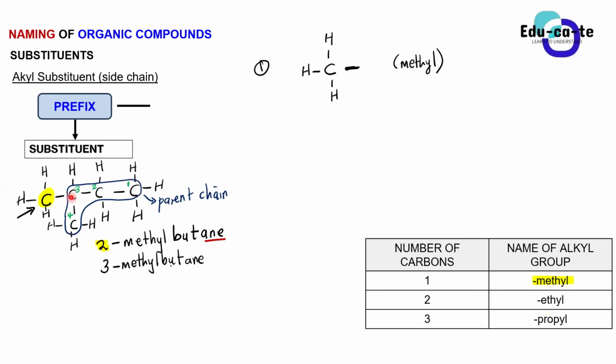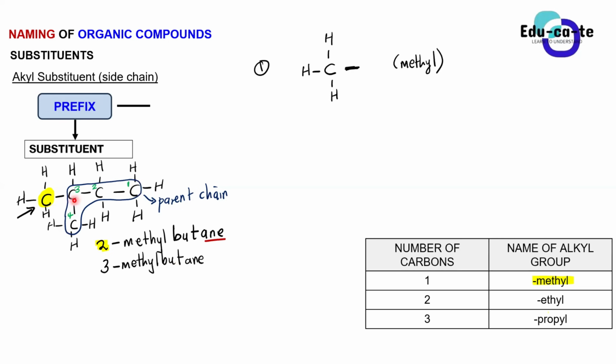Reason being, each and every substituent must always have the lowest number possible. So even though this is an alkane, this methyl group or this side chain must have the lowest numbered carbon as much as possible. So if you're going to number it from this side in this direction that I just made, it will assume this methyl group is on carbon number 3. But if you number it the way that we numbered it at first, it would say it is 2.